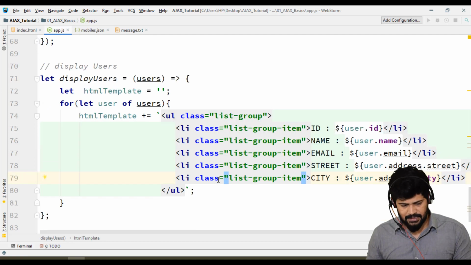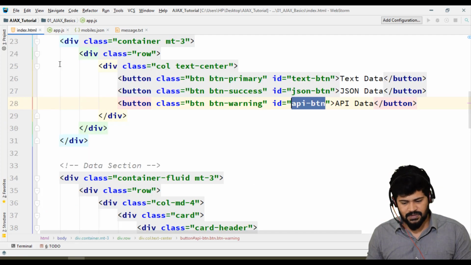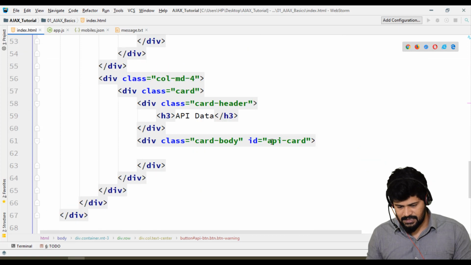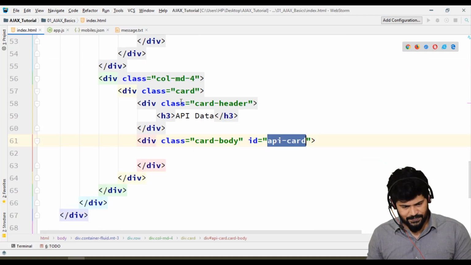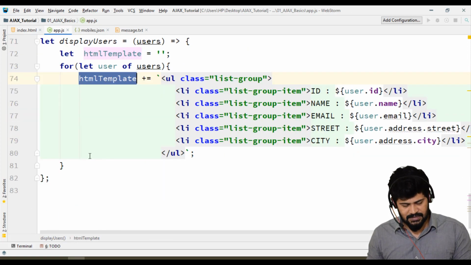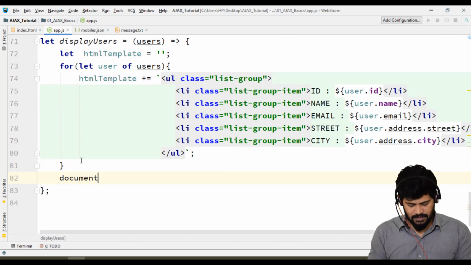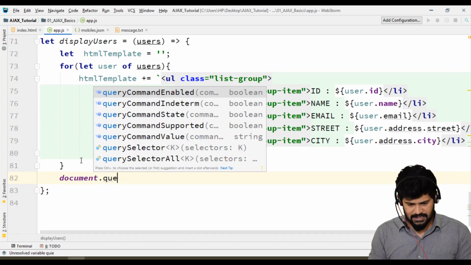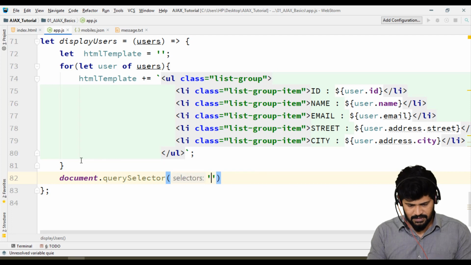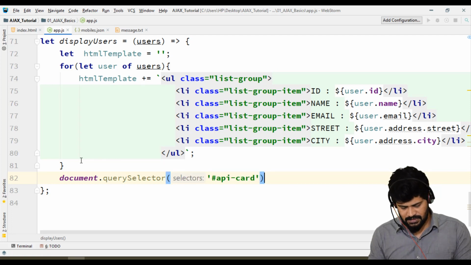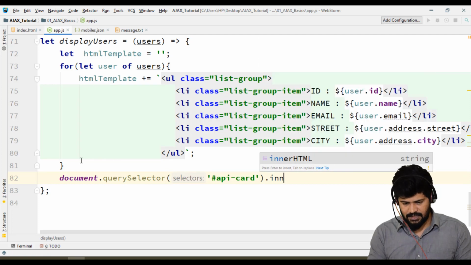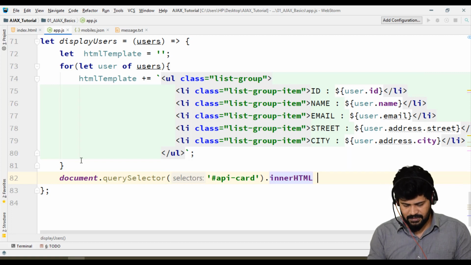Okay, fine. And this data I want to put into the card, that is the API card. Copy that back to here. I'll just make, after the for loop, document.querySelector of this one, .innerHTML is equal to HTMLTemplate.